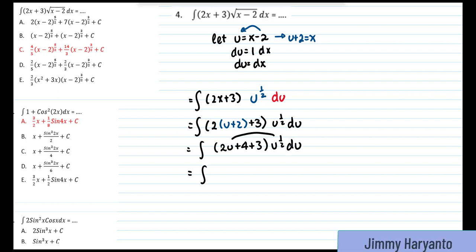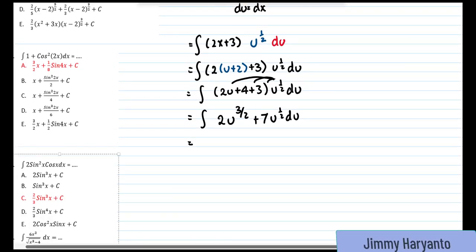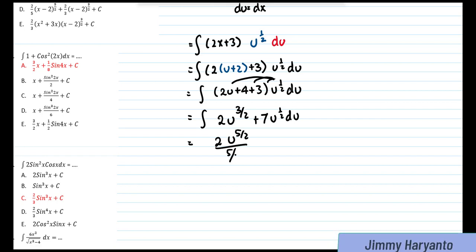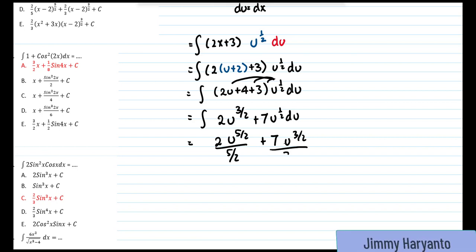And then when you multiply them, you will have 2u to the power of 3 over 2, because the powers will be added. And then for this one it will become 7u to the power of half du. And then you integrate: 5 over 2 over 5 over 2 plus 7u 3 over 2 over 3 over 2, and then plus c. So this one will become 4 over 5 times